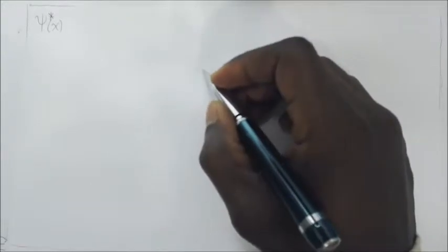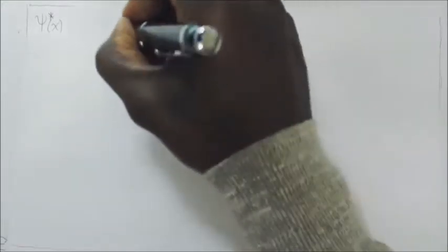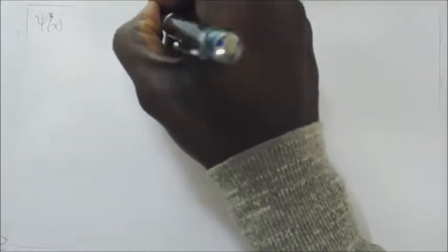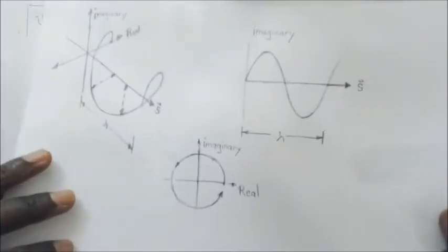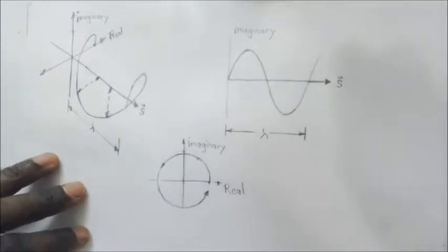Now keep in mind that you can always find the complex conjugate of a number by switching the sign of the imaginary component. If you have a minus bi, you simply switch it to a plus bi, and that's a complex conjugate. So now to visualize the concept of a wave function, you picture basically a coordinate system where the